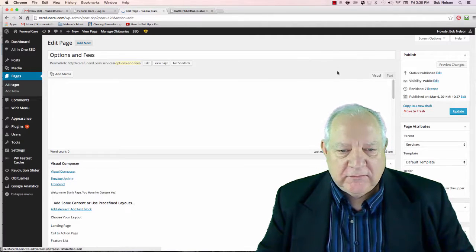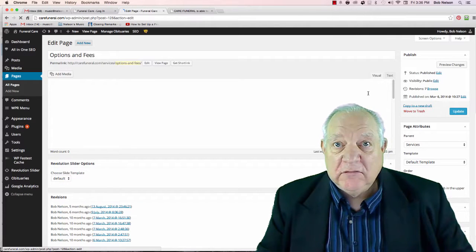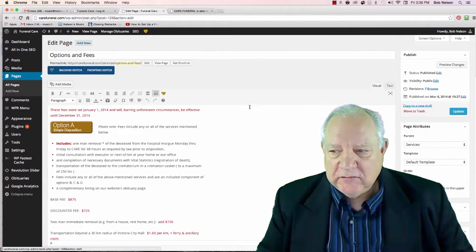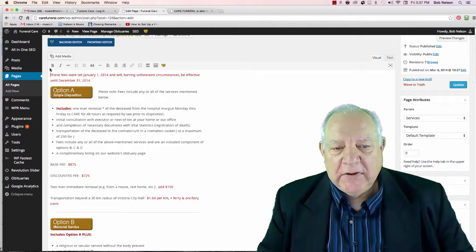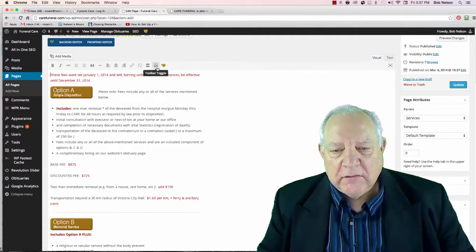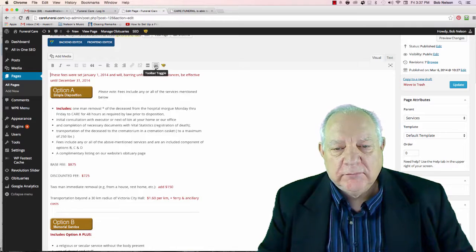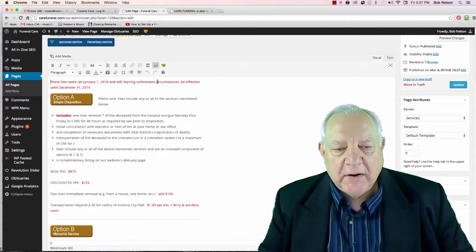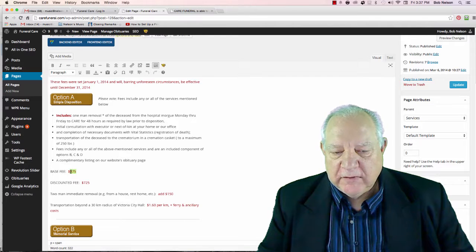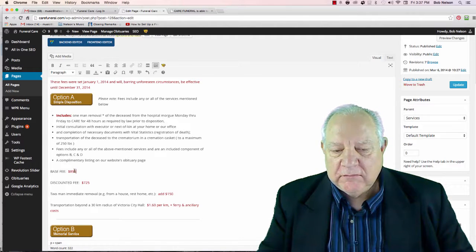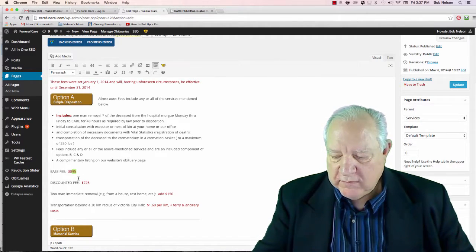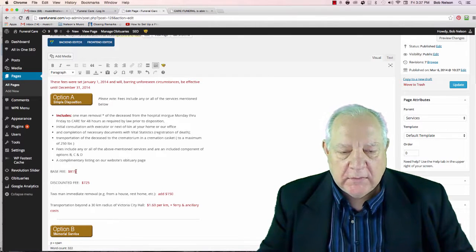And the editor loads, and it takes a few seconds, but once the page loads in the editor, you can then make whatever changes you want, and it's just like typing. There's a little word processor sort of toolbar up here at the top of the screen. If by any chance, when you look at it, it only has these little icons, there's this little toolbar toggle button. You just click on that, and the rest will open up. Then you just go in, and let's say, for example, we're changing the prices, and this needs to be $8.95 instead of $8.75, you just highlight it and type over it, make it be whatever you want it to be,